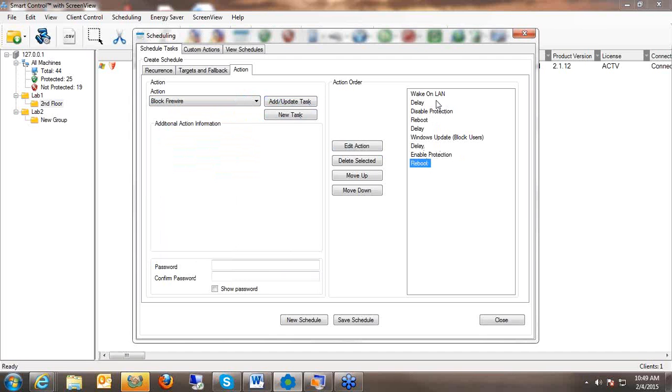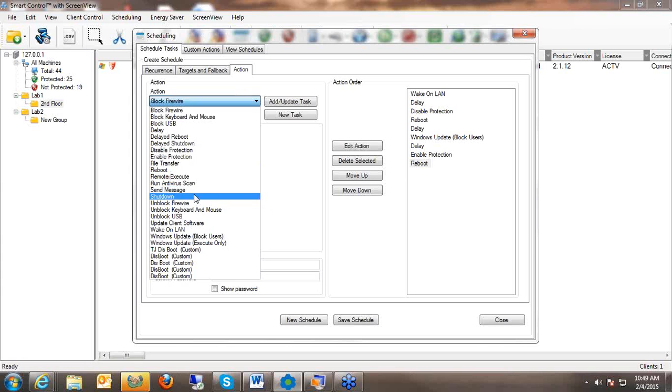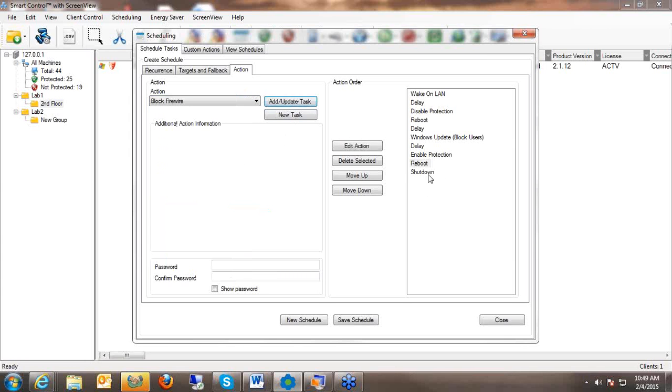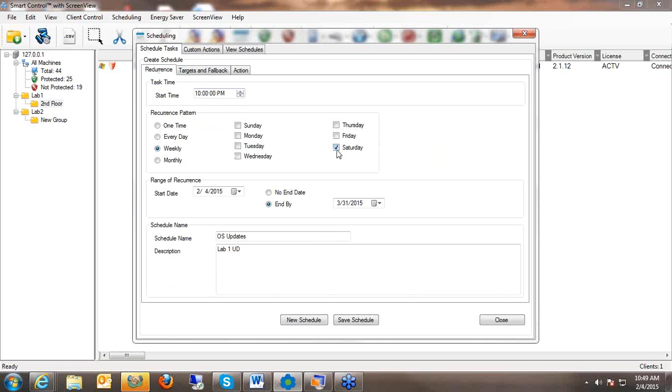And now I can leave my computers on if I wish after this, or if I want, I can do a shutdown at the end, which I would recommend you do. So if everybody will notice, what we have here is at 10 p.m. every Saturday, and that was under the recurrence, 10 p.m. every Saturday. If you'll follow my cursor there on the recurrence,